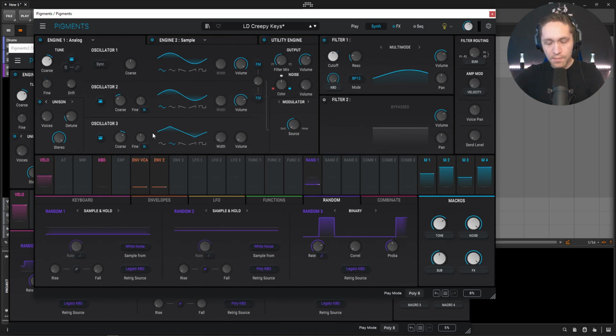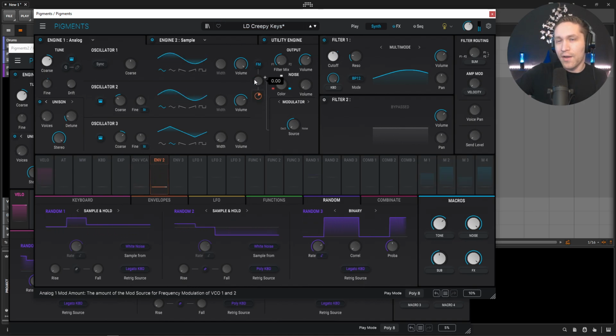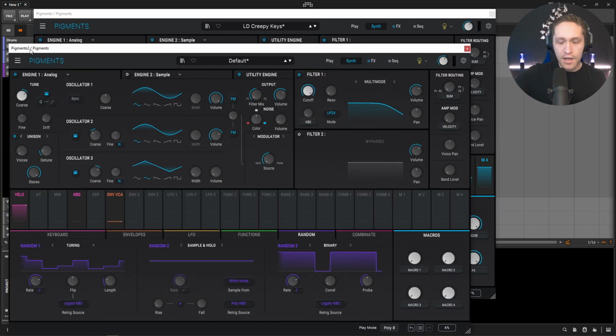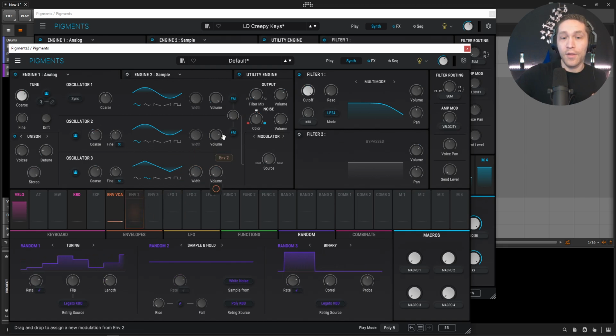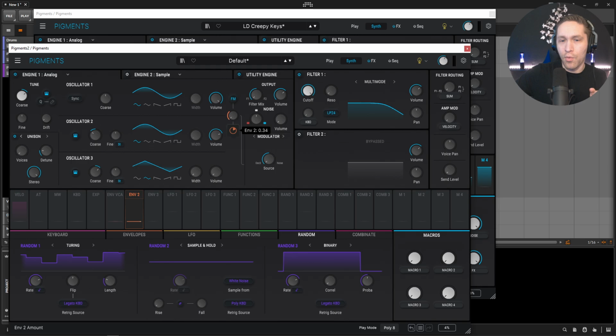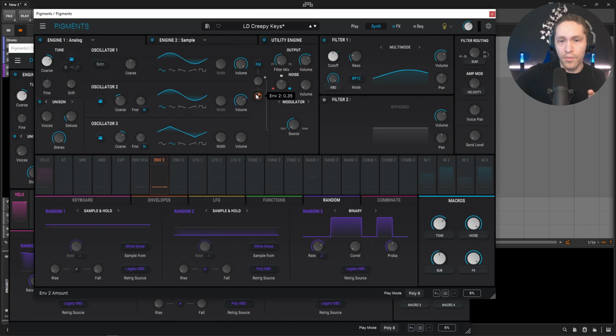So if we switch back to the first one, we can see that this FM is just modulated a little bit by envelope 2 at 0.35. So if we go back to this, we have our FM all the way down, and both of these buttons should be selected because we want this third oscillator to FM 1 and 2. So we grab envelope 2, drag and drop this here, and then I believe we did 0.35, right? 0.35. Okay, so now if we look at this,